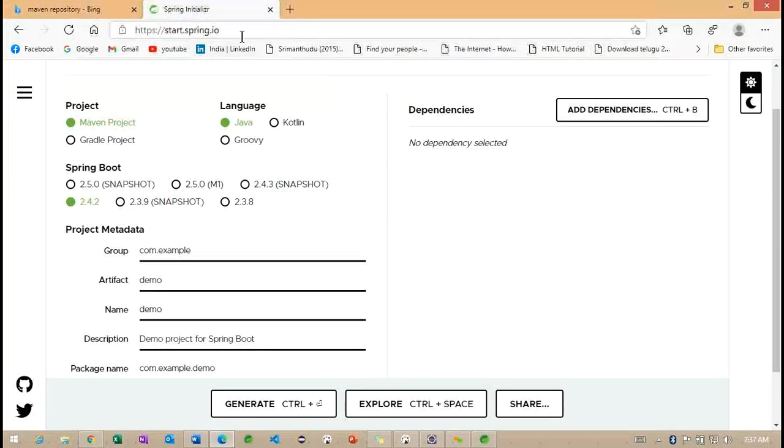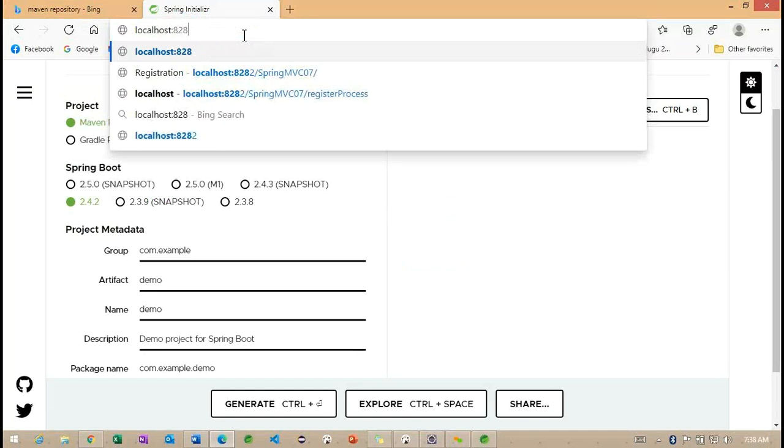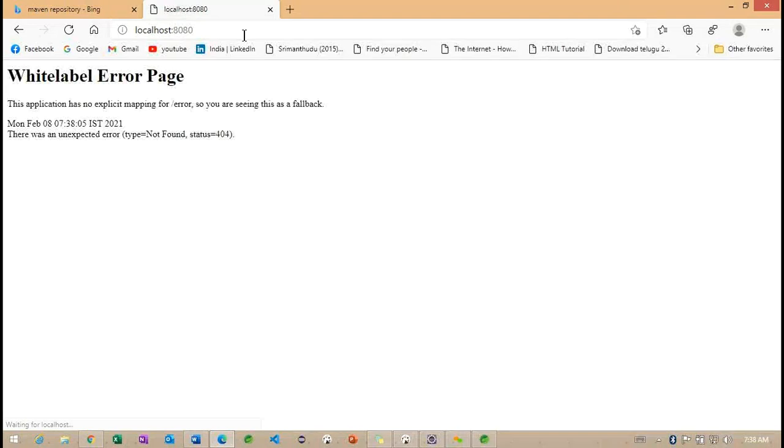Now what we can do, we'll go back to here, localhost 8080 slash. So what are we getting here? Some error page we are getting. This is the default error page implemented in Spring Boot.